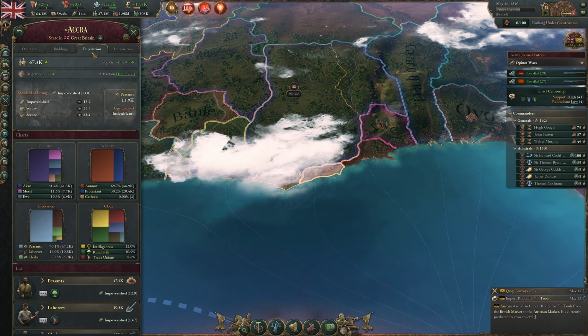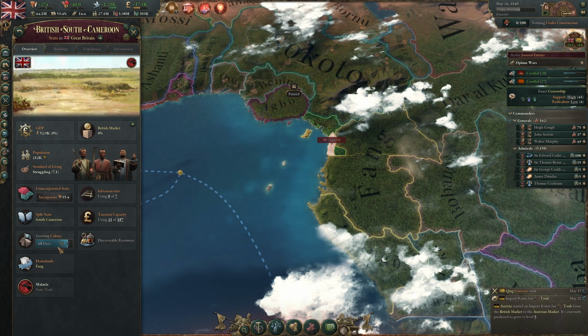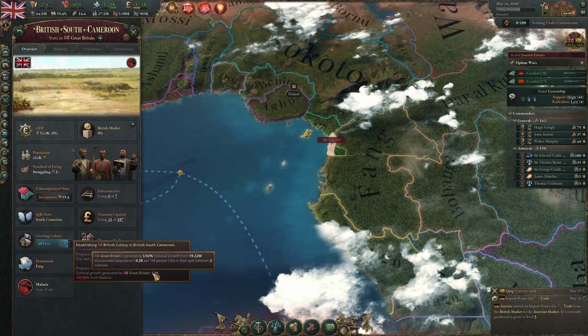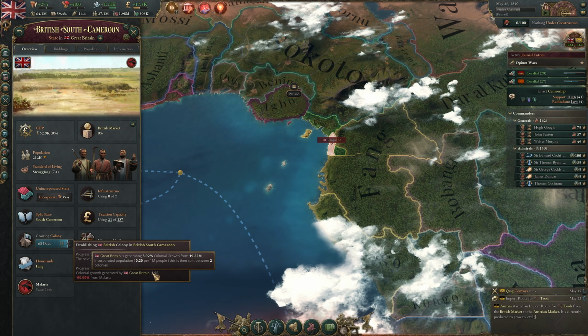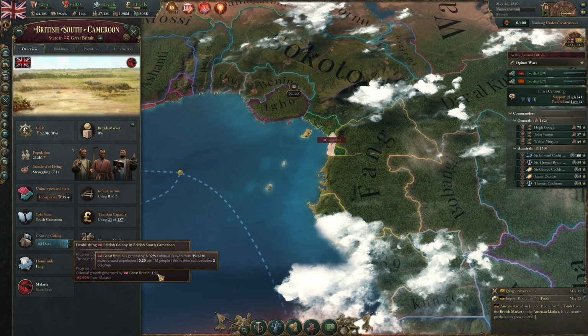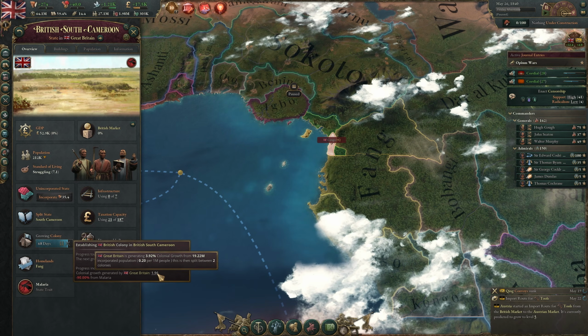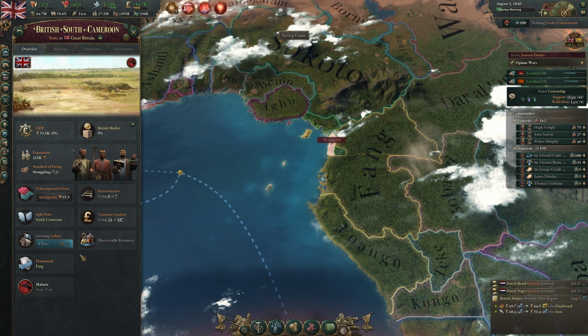To actually grow the borders of the colony, you need to turn your attention to this. Your colony grows at a rate determined by your current population living in incorporated states and is modified by ruler traits as well as malaria. Further, this rate is divided amongst the number of colonies you're trying to establish the world over at the same time. Once this reaches 100% over however many days are indicated here, you'll see your borders expand,